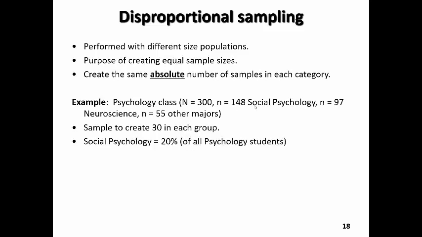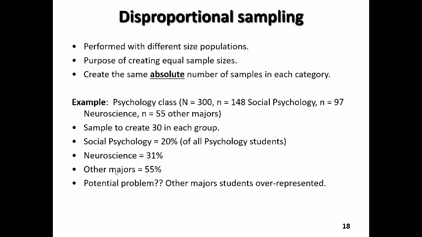Obtaining 30 students from social psychology, 30 from neuroscience, 30 from other majors, what we would find is that we've obtained 20% of the social psychology students, 31% from neuroscience, and 55% from other majors. So the potential problem with this approach is that the other majors category is overrepresented